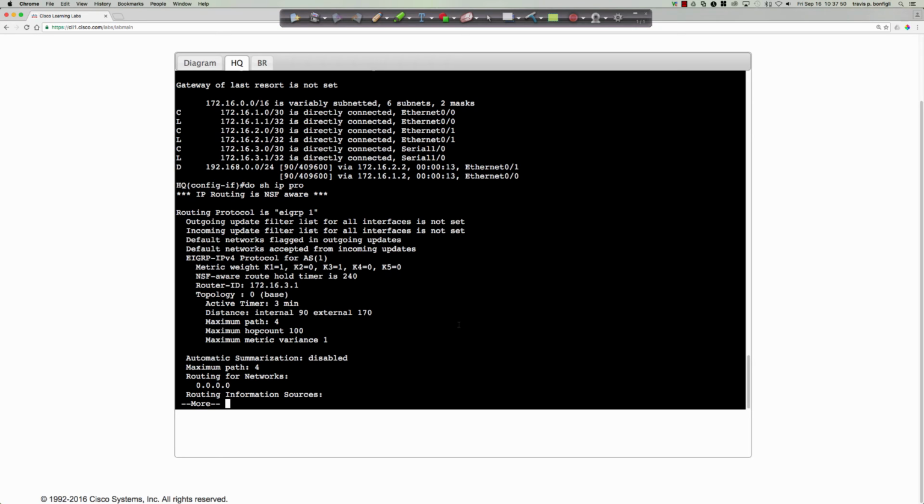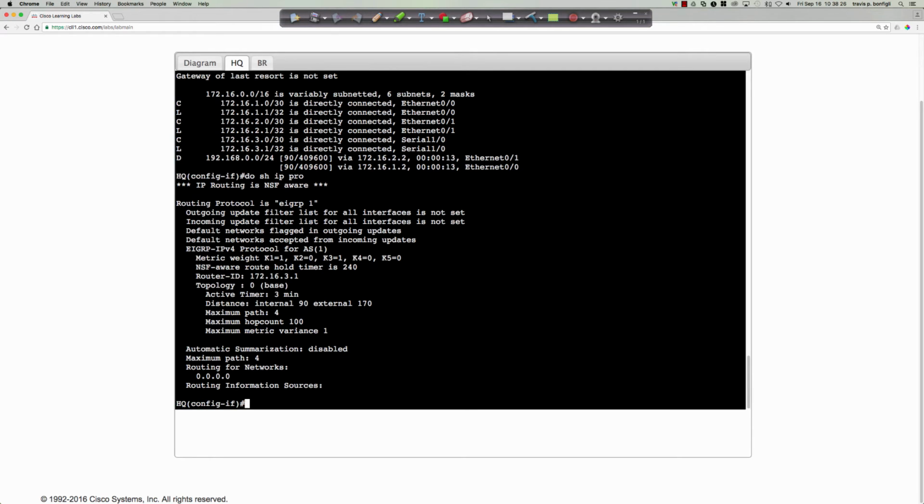But again, variance has nothing to do with max paths. And what I'm trying to say there is, by me manipulating the variance value, I am not manipulating the maximum paths value. Max paths is going to be, you can see it's 4. It's going to be 4 whether I make the variance 5 or whether I make the variance 128, right? The default variance value is 1. And so what this exercise is all about,